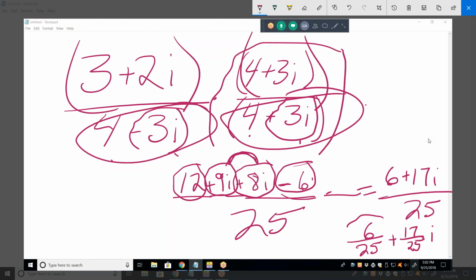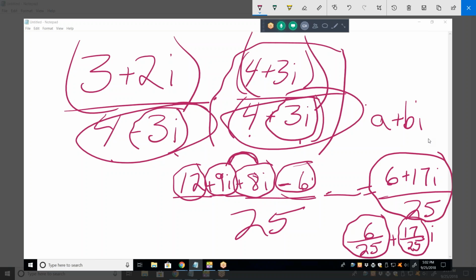In other words, A is that, B is that. Okay. So when you're getting it into A plus BI format, notice that that is not in A plus BI format. That is a fine answer. There's nothing wrong with that. That would pass every math test unless the teacher said, give me your answers in A plus BI format, and then it's got to be 6/25